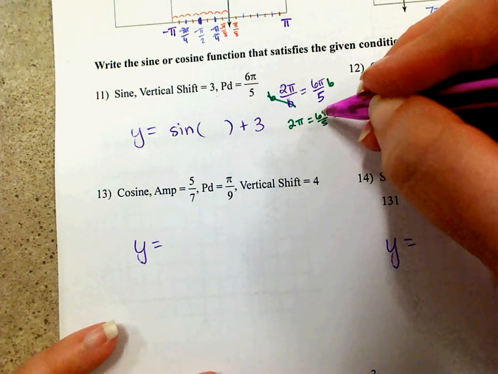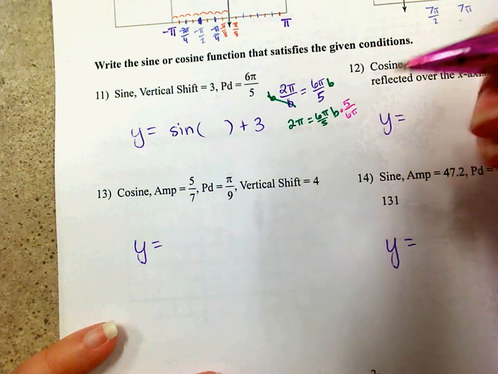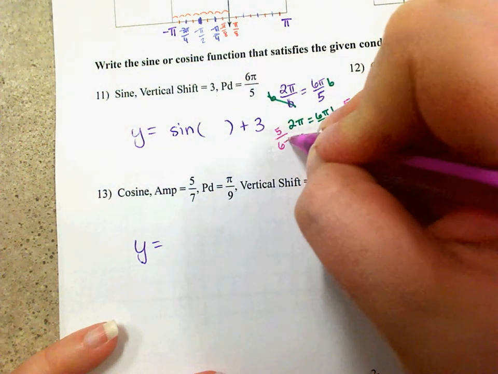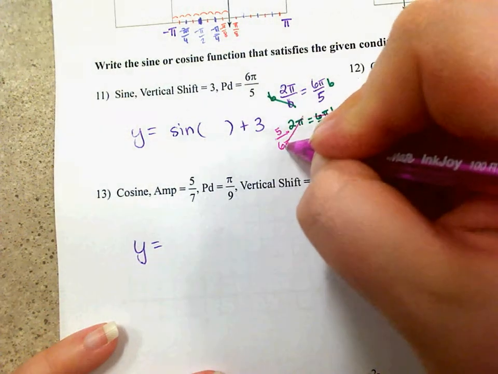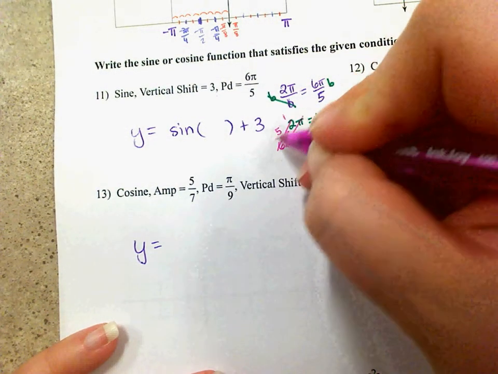Okay, those cancel each other out. The pi's cancel each other out. 2 and 6 simplify down to 1/3. And so all you're left with is 5 divided by 3 equals b. b equals 5/3, so